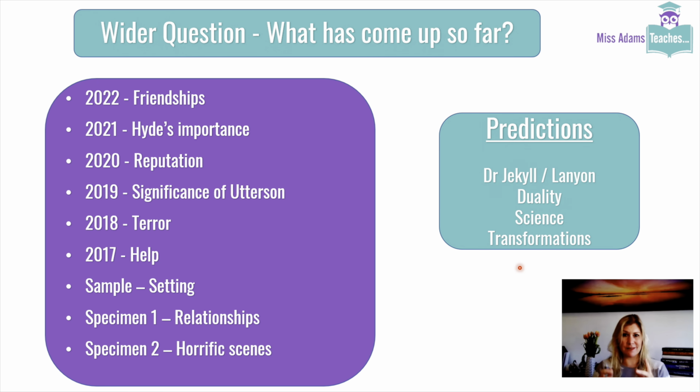But the good news is, guys, that if you're revising Dr. Jekyll, Dr. Lanyon and other characters, if you're revising some of these big ideas here, the crossover is going to be huge. And like I say at the beginning, I don't have a crystal ball. We can't know. We can't tell for certain. So just revise broadly, have really good quotations that cover a number of characters and themes, and show that you know the novella. That's what you've got to do. Show that you know it.